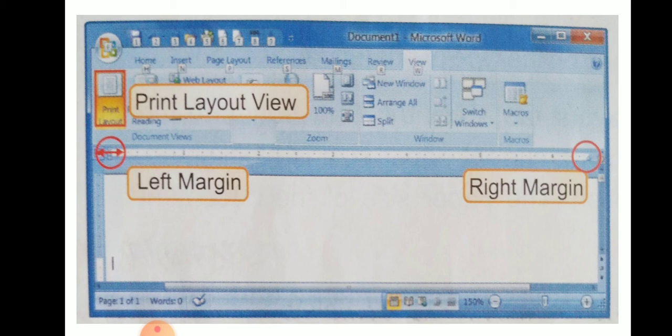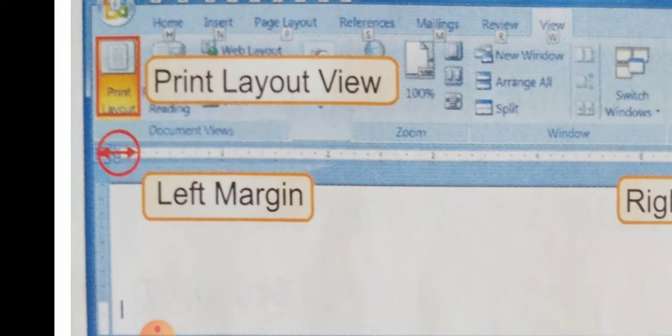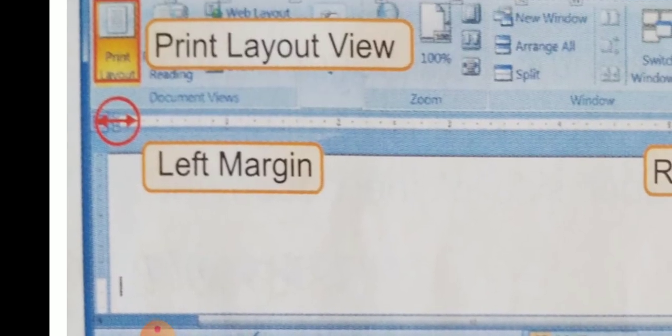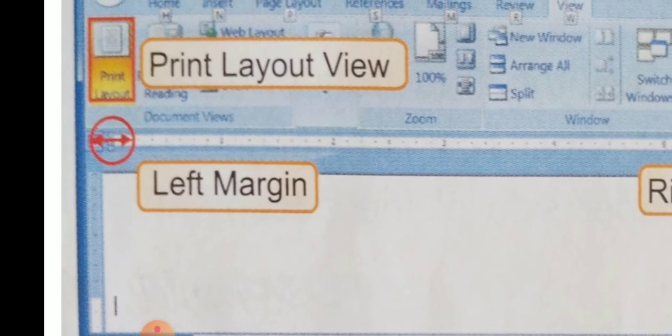Firstly, we select the view tab and click on the print layout button in the document view group itself, and we change the left or right margins by pointing to the margin boundary on the horizontal ruler, and the pointer changes to a double headed arrow. Children, here you can see the double headed arrow. And we should drag the margin boundaries to change the top and bottom boundaries.